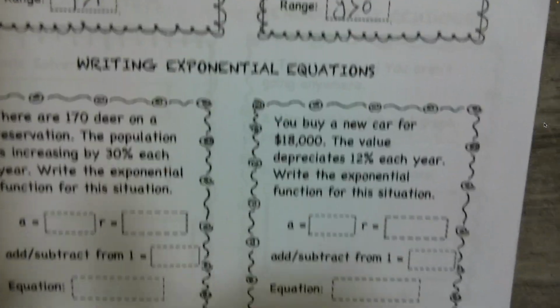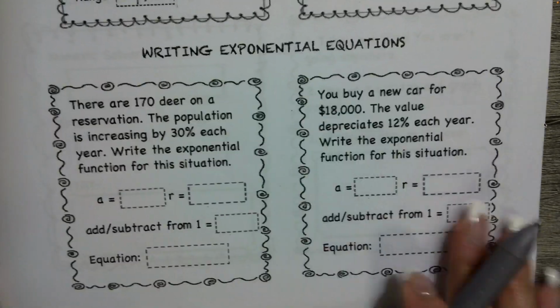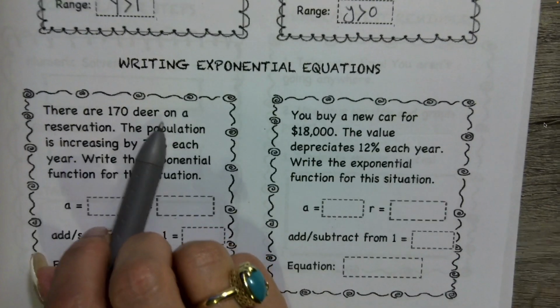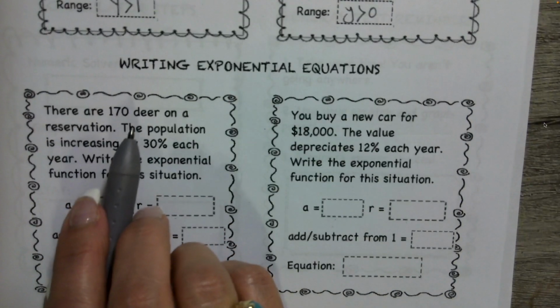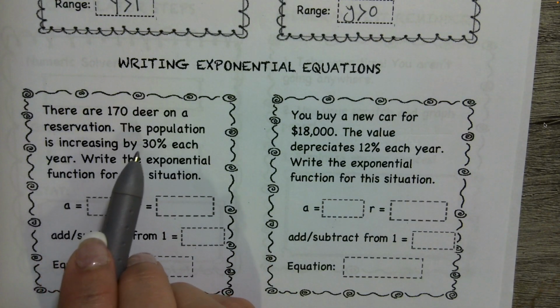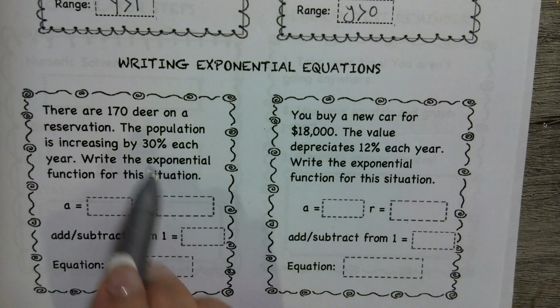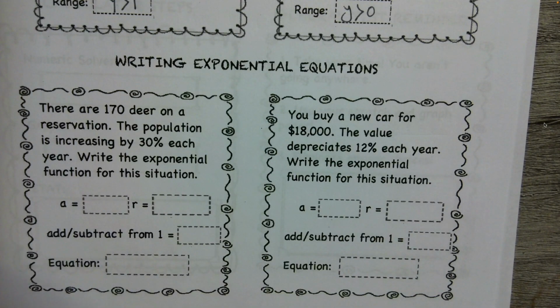Let's talk about how to write down your exponential equation. So over here, it says there are 170 deer on a reservation. The population is increasing by 30% each year. Write the exponential function for this situation. Well, when they're giving you something like this and you're not sure which model or which equation you have to put, you have three types of equation: linear, quadratic, and exponential. In Algebra 1, you don't have more than these three